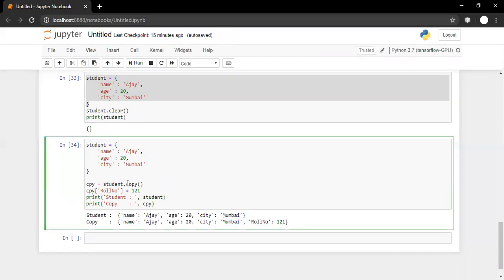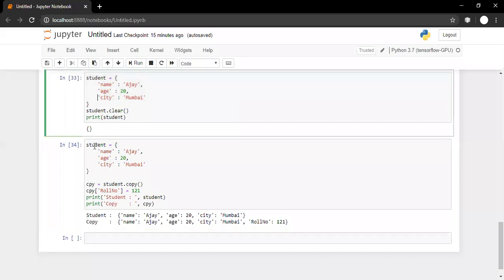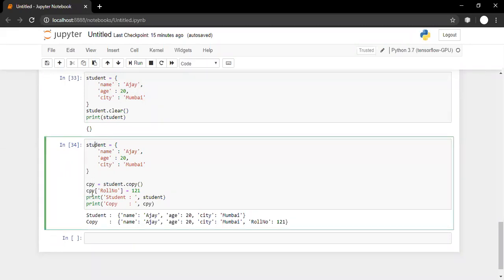When you create a copy of a student dictionary, you are creating a separate object with a separate storage space. So now student is a different object, cpy is a different object, and both objects have their own storage space. They are not conflicting with each other. Change in student will not affect cpy, or change in the copy will not affect the student.